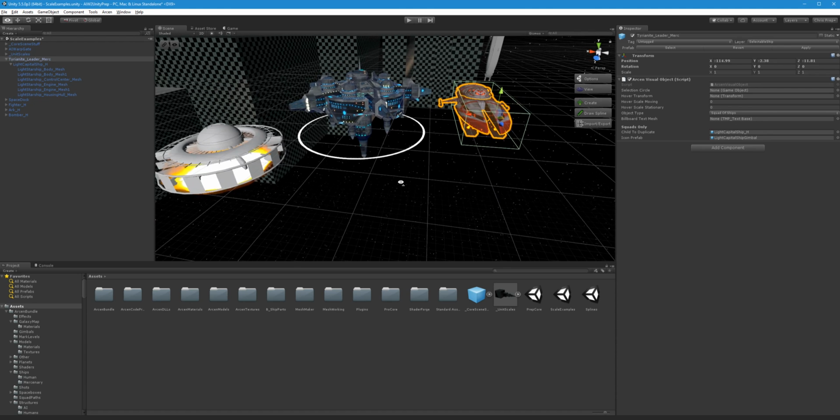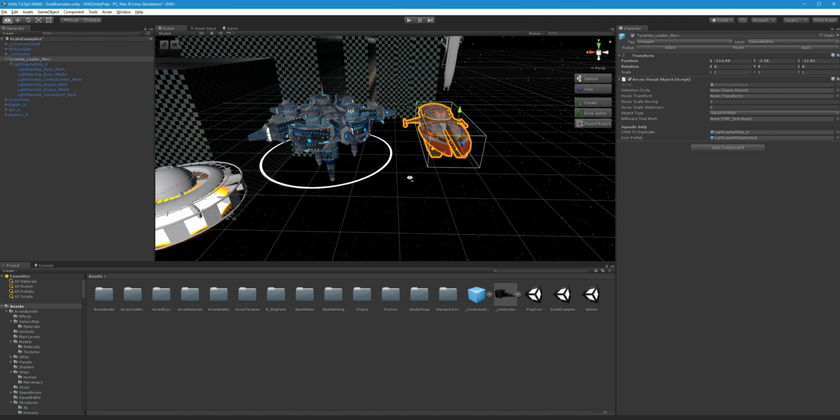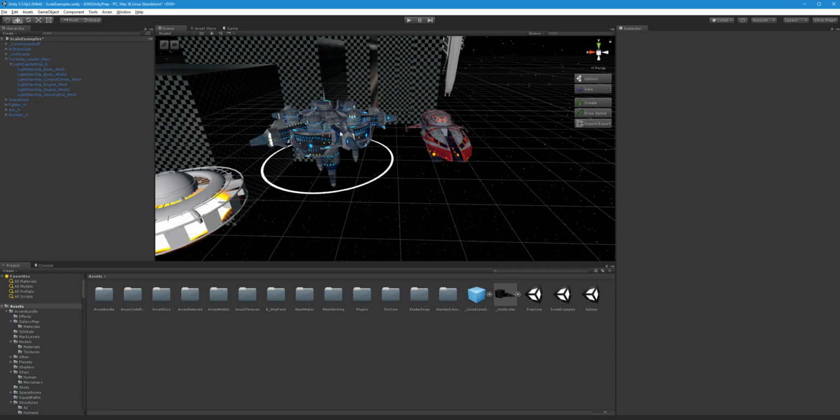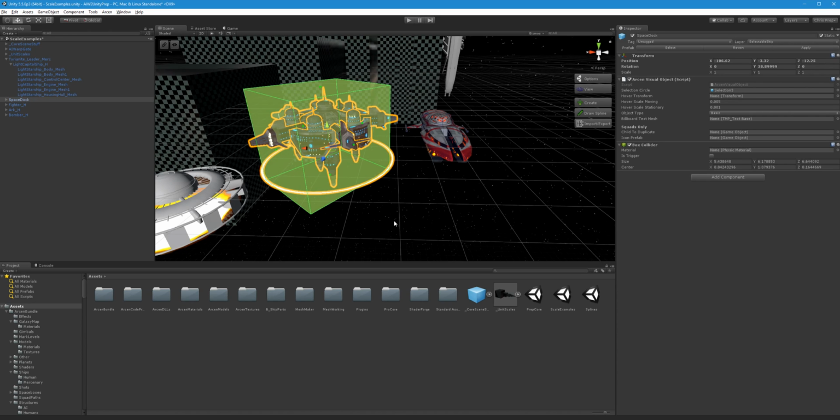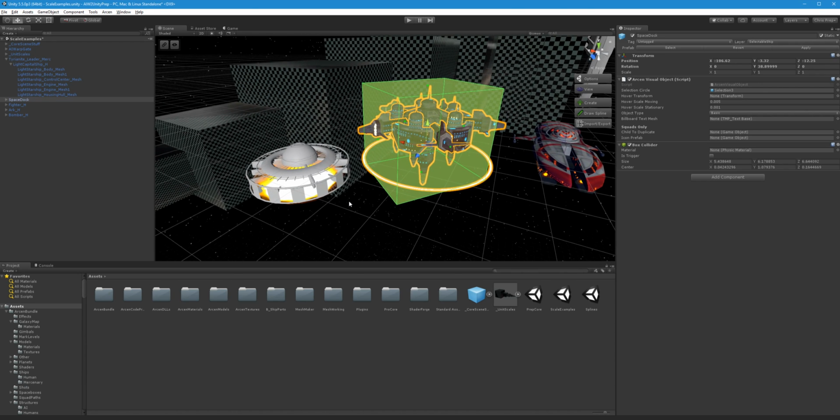So what I'm going to look at first is the space dock here, which is set up in a way that is, I don't know, legacy, I suppose. And I want to fix that one to work the proper way. And then for